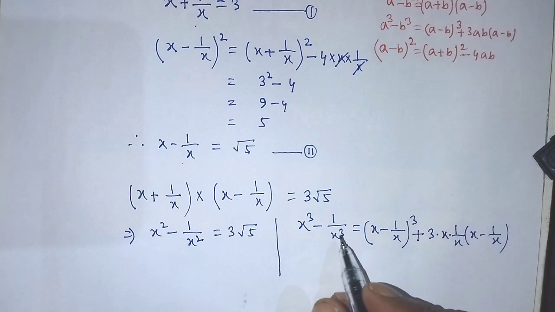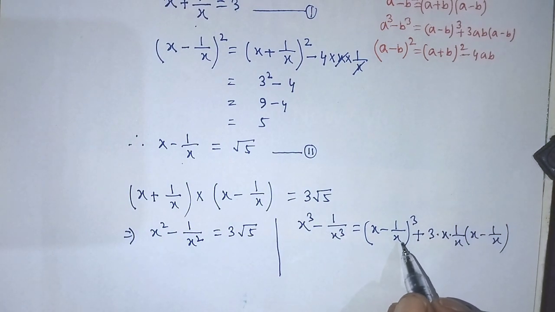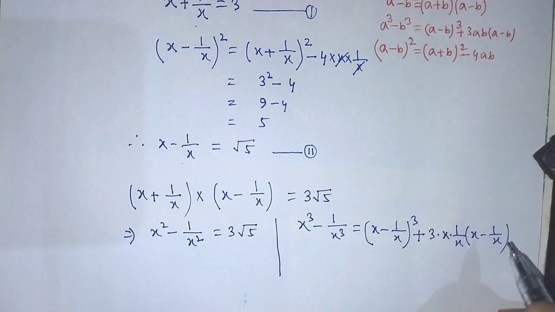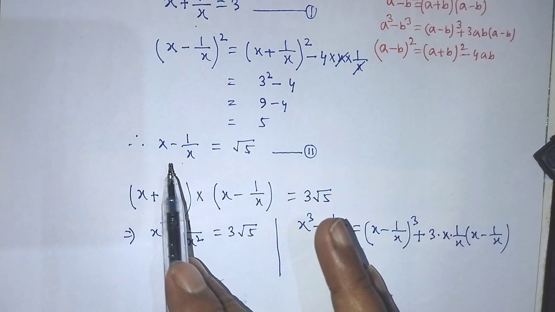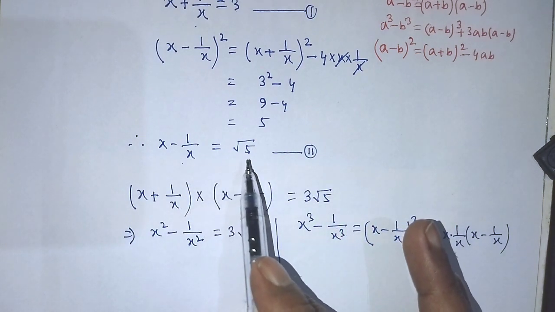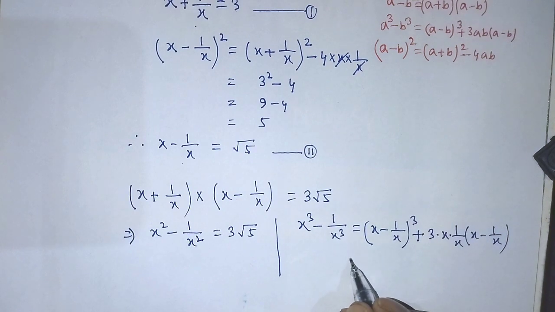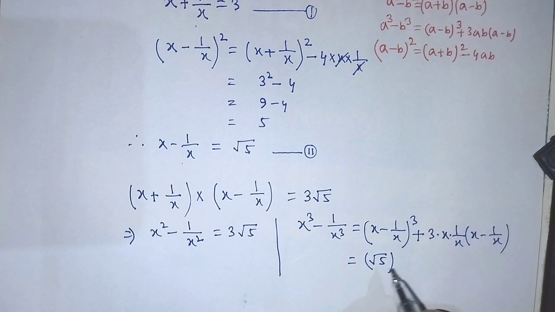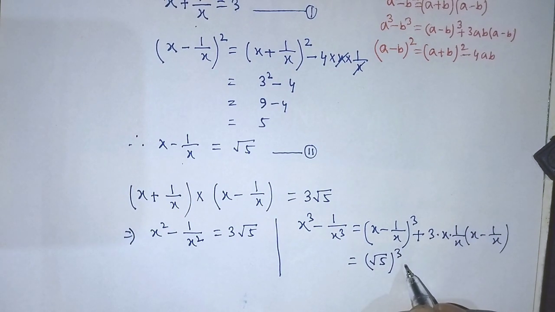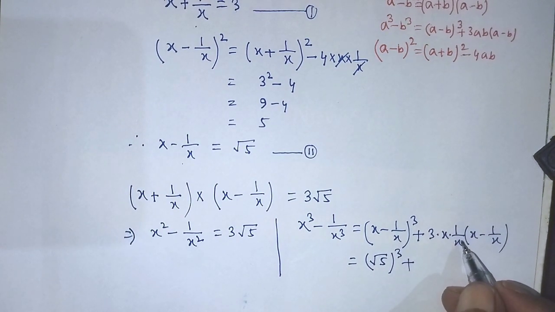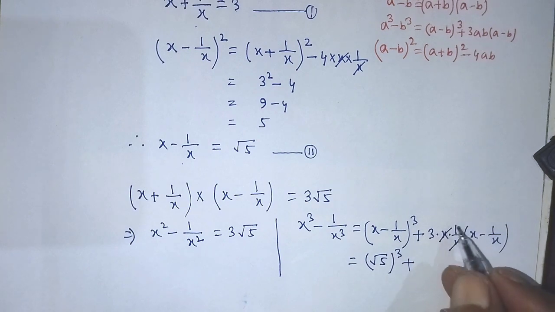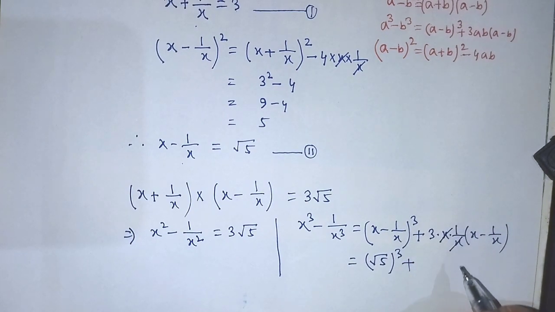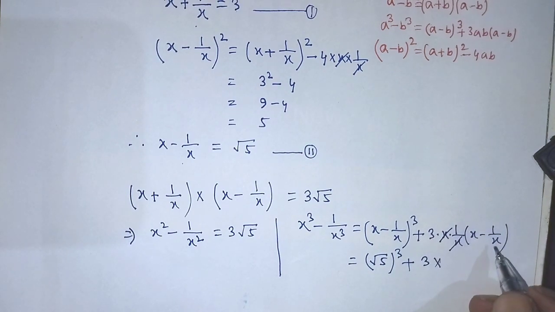So now we can put the value of x minus 1 over x in this algebraic expression. The value of x minus 1 over x is root over 5. So we can write in here root over 5 whole to the power 3 plus, we can cancel x from numerator and denominator in this second term. So we can write in here 3 into,